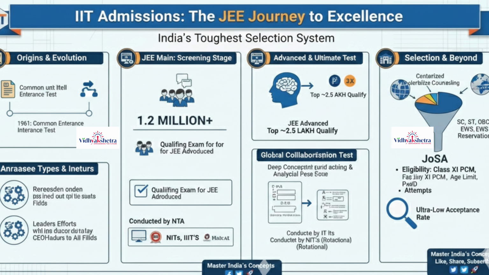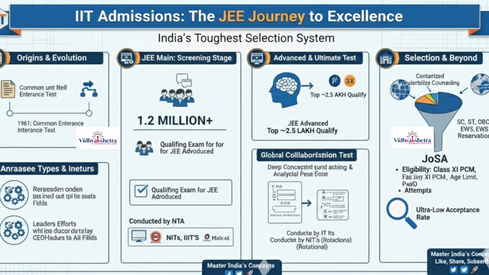national importance. The origins of the Joint Entrance Examination date back to the early years of the IIT system. Initially, each IIT conducted its own entrance test. However, as the number of IITs increased, a unified examination system became necessary. In 1961, a common entrance examination was introduced to streamline admissions across all IITs. Over time, this examination evolved into what is now known as JEE, structured in two main stages, JEE Main and